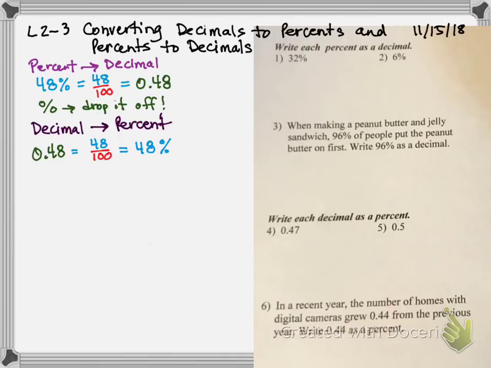Okay, so let's look at the top one. Let's look at percent to decimal. So P to D, percent to decimal. So notice what happened is I had a whole number 48, but I ended with a decimal. So what direction did the decimal point move from that 48% to get to the answer? So let's write down those two values and let's check that one out. So I started with 48%, and that is going to be the same as